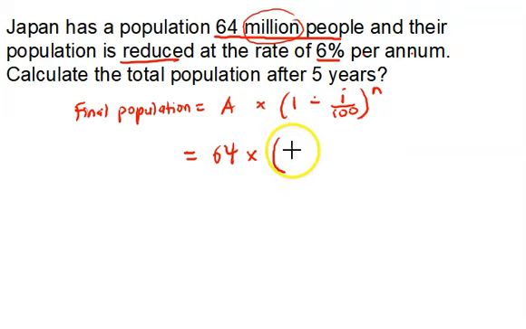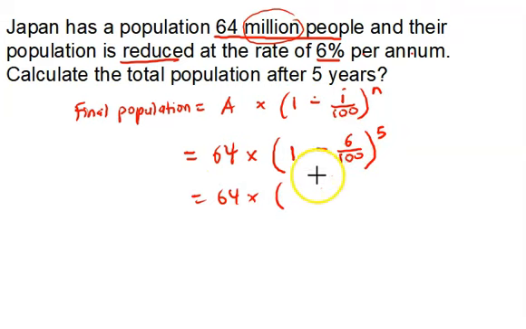Then 1 minus 6 over 100, and then power of 5. Simplify inside the bracket, you'll be getting 0.94 power of 5. So you'll be getting your answer